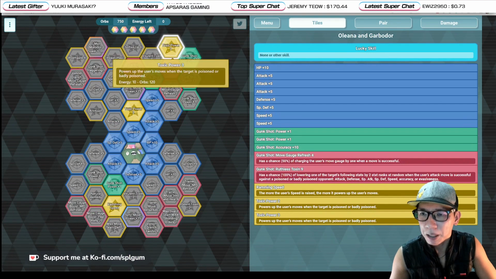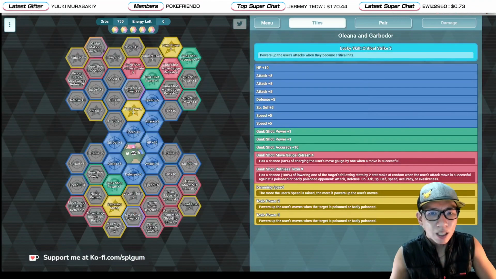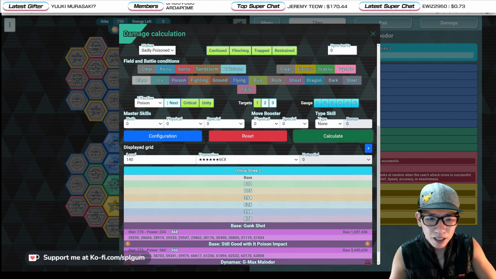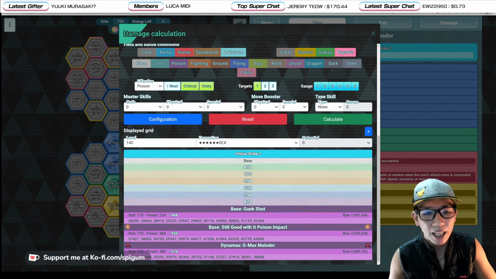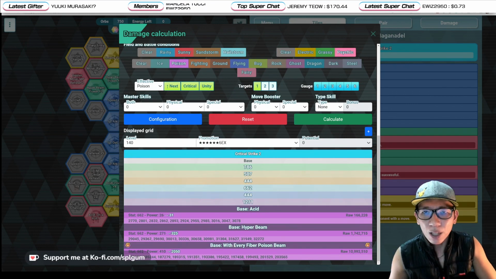But what about the damage, guys? This is the DPS build again. And if we give ourselves Critical Strike 2, check the damage. We can give ourselves a Poison type negative rebuff over here. And without the super effective up next, without the Poison Zone, we can deal how much damage with Gunk Shot? 1,697,436. Plus, you know, G-Max Malador will definitely be using that. 2,089,152. If we compare that with Fall